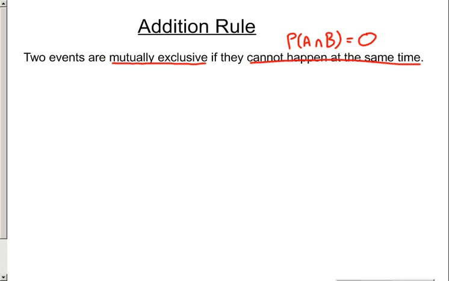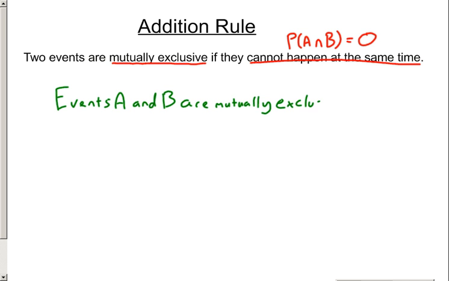So a more formal way of writing this is: events A and B are mutually exclusive,